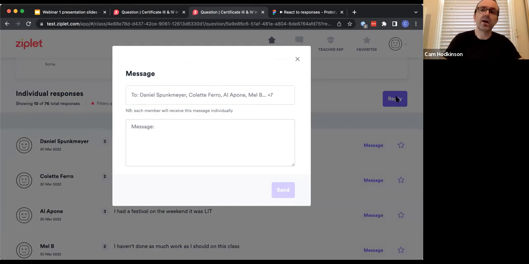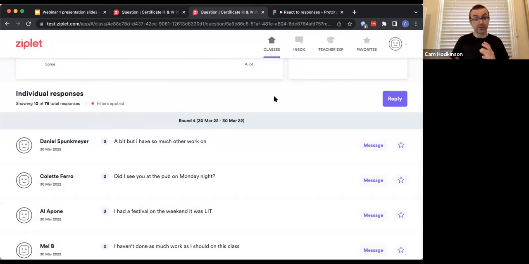And it gives me a very quick and easy way of following up with groups of students that are maybe feeling a similar vibe, or that I'm noticing some similar trends. Of course, I can message each of those students individually, and that'll create an individual stream. And it's worth highlighting that all of these messages, replies, and the student responses are all personal to you and the student. The students can't see anyone else's responses or replies. It's just really a shortcut for pushing those out.